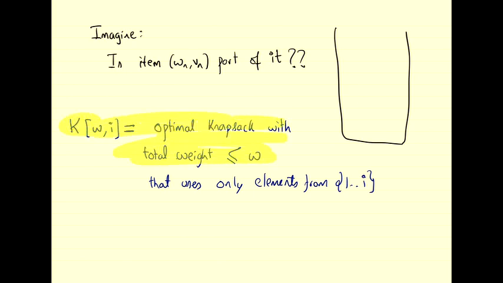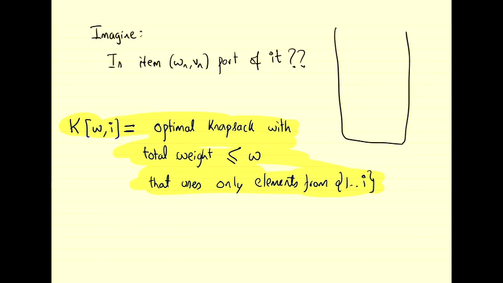Okay, I'm going to read it again. Usually the definition of the subproblem is the most important part of a DP algorithm. So I'm going to read it again. K of W, i is the optimal knapsack whose total weight is W, and it only uses elements from 1 through i. Okay? It's a subproblem because